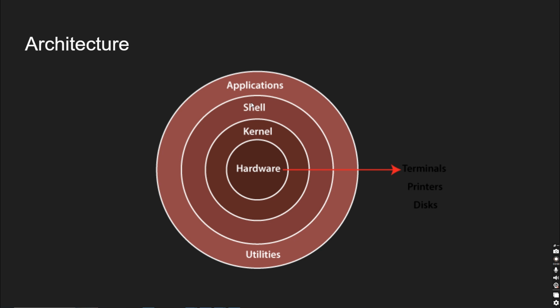Some applications use the shell, while some applications directly interact with the kernel. It depends on the type of application. So applications and utilities can either reside on top of the shell, or directly interact with the kernel. But our interactions through the command line all go through the shell. There are various different types of shells available. How to interact and the various commands, everything we will discuss in the later part of this video.